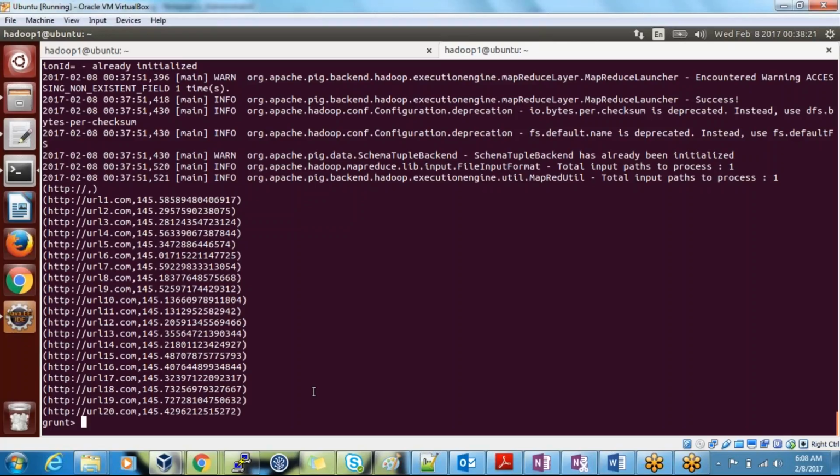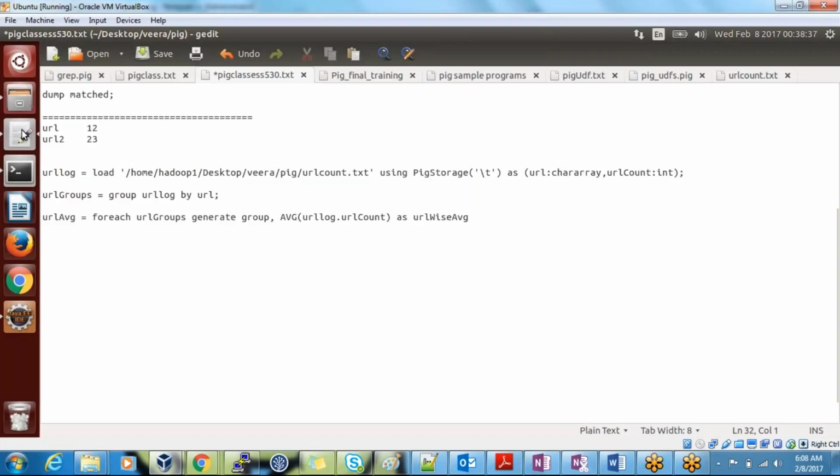So what I have done here, if you see the first URL, it does not have any value. It means there is some URL which started with http colon slash slash, that's nothing, there is no count for that, right? We are able to find out the difference. So now what we did, we loaded the data, we grouped it, and we found the average by specific URL. So now